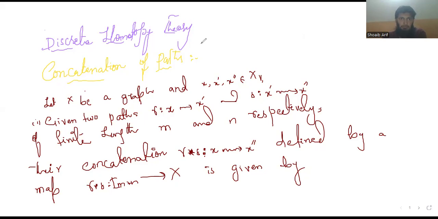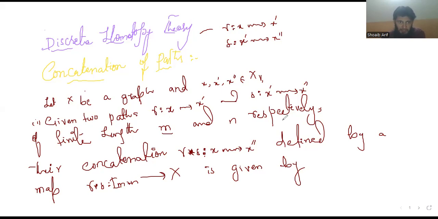Today I will explain the definition of concatenation of paths. Let X be a graph and x, x prime, x double prime belong to the vertex set of the graph. Given two paths, the first is gamma from x to x prime, and the second path is sigma from x prime to x double prime. Both are finite length paths, where the length of gamma is equal to m and